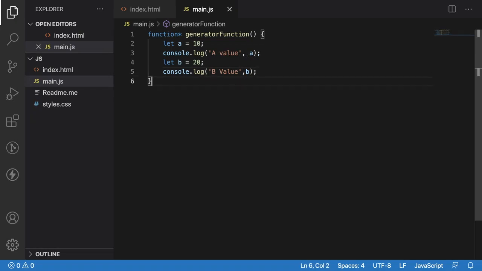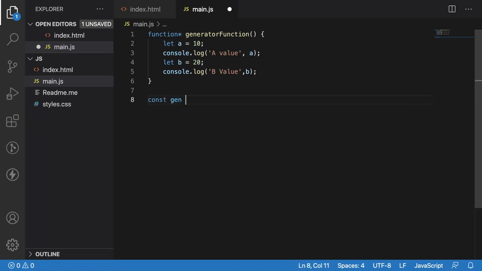Now this is the creation of a generator function. Generator functions can be created in two ways: either suffixing the function keyword with star, or prefixing the function name with star. Either of the cases works, but I prefer using function with star. So how to call these generator functions? You cannot call a generator function the same way as traditional functions, because whenever you call a generator function, it will not start executing the function. It will return a reference for that. So let me catch that reference.